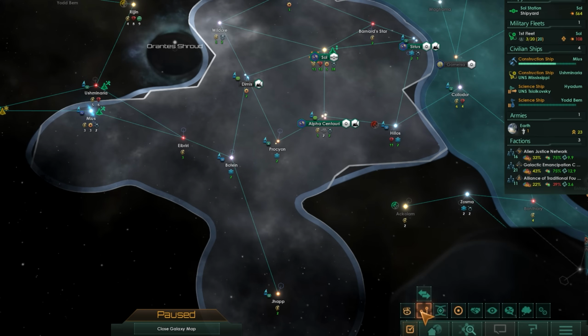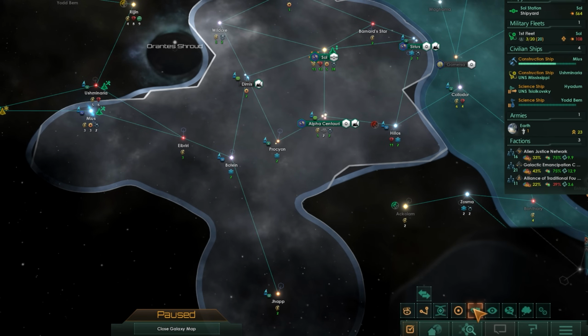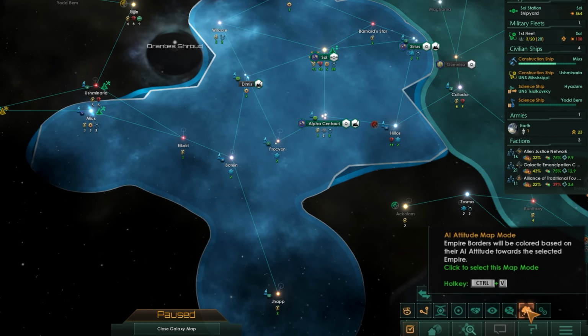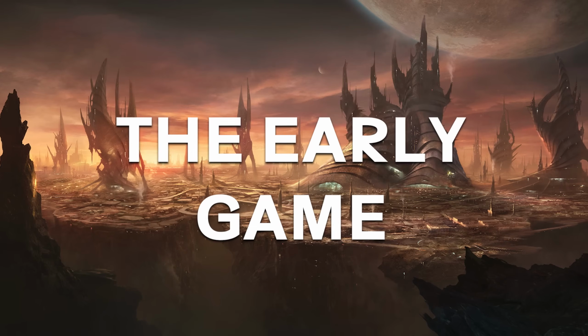Along the bottom right, you can change the map view a bunch of ways, and most of them are pretty self-explanatory. I turn on hyperlanes, sectors, and leave on Empire map mode since it's the easiest to understand. Okay, that's pretty much everything you need to know about the UI, so now we can get into how to